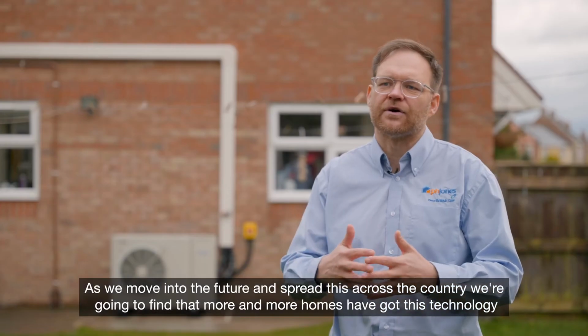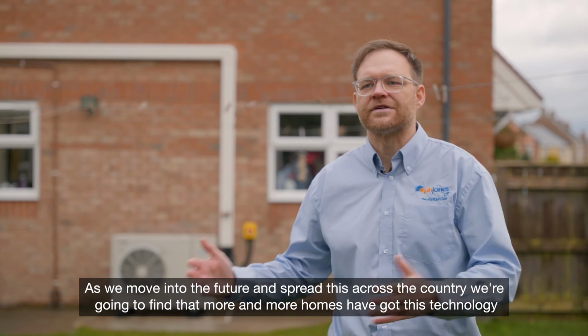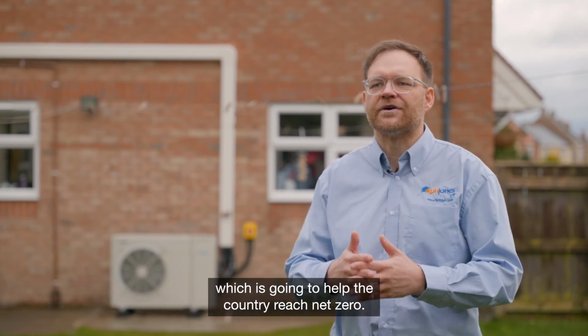As we move into the future and we go right, spread this across the country, we're going to find that more and more homes have got this technology, which is going to help the country reach net zero